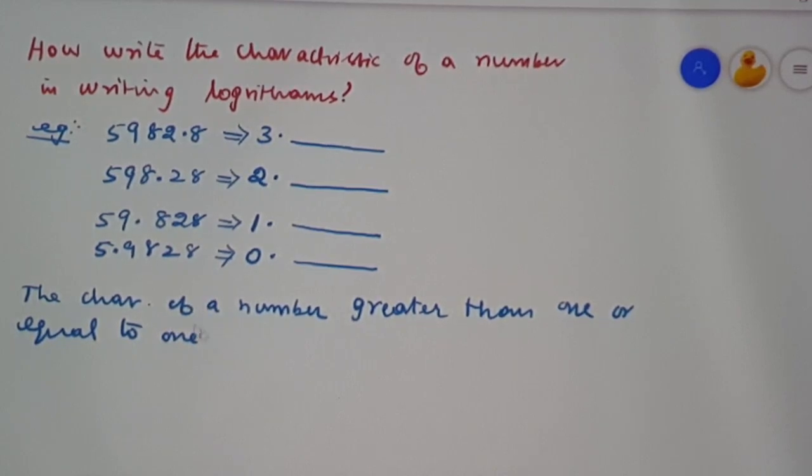Then the characteristic of a number greater than 1 or equal to 1